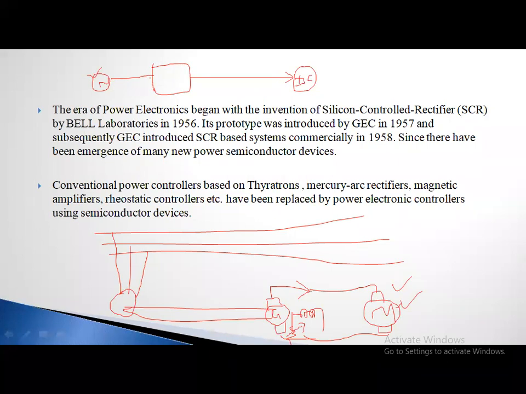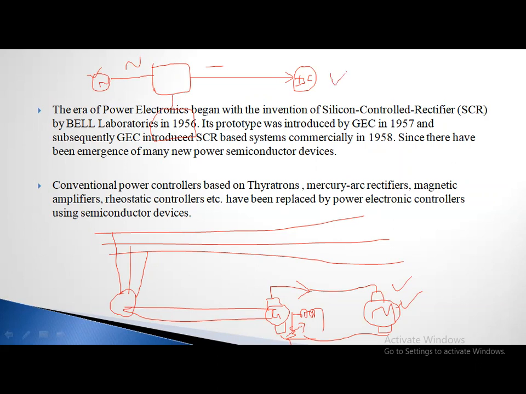DC. So here we can use the power electronic modulator. This power electronic converter will convert from AC to DC. Clear? So if we design some controlling circuit here, based on the logic which we have given to the controlling circuit, accordingly this power electronic circuit will be operated. Accordingly the power electronic modulator will generate the voltage. Based on this voltage the DC motor will operate.